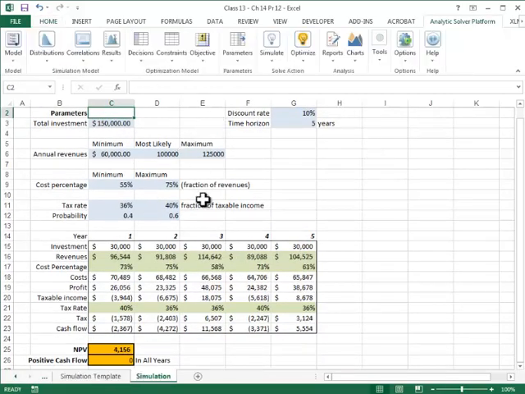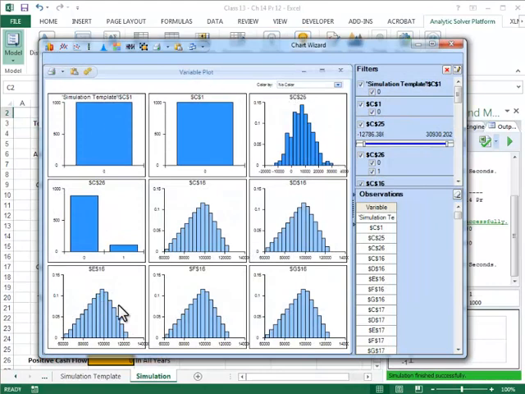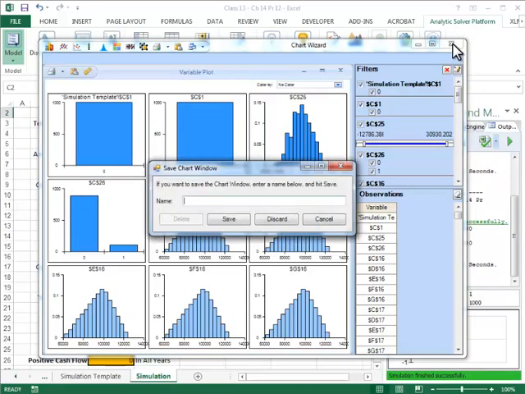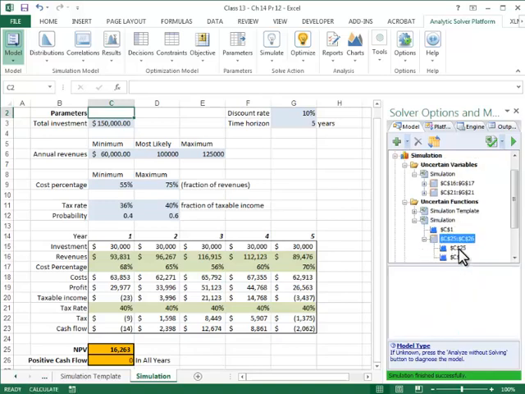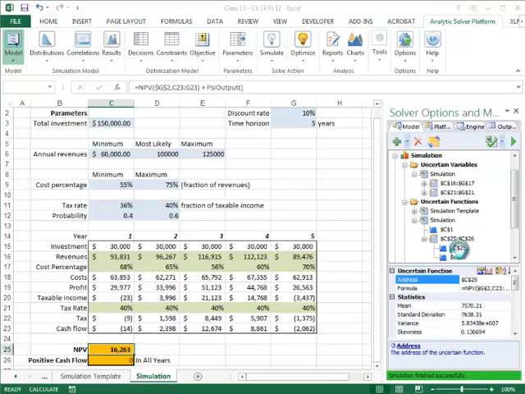So let's go to Solver platform, simulate, and click on run once. Now here you get to see what values are generated for each of the different parameters. We can get out of this. If you want to see the histogram of the NPV formula and the positive cash flow formula, you can go to model, you go to uncertain functions, you go to simulation, and you can double click on C25